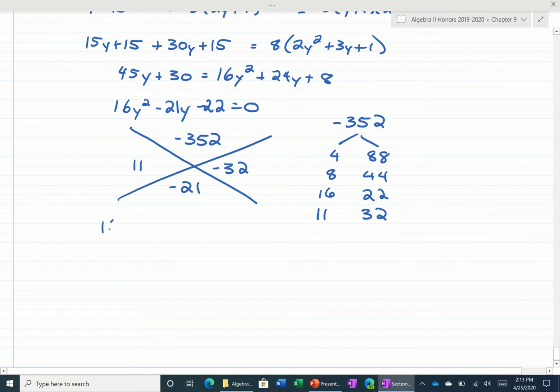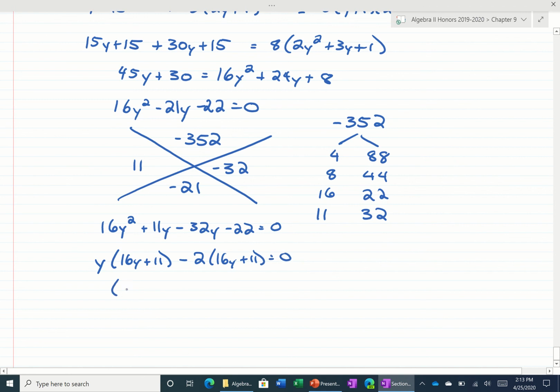Okay, so it's 16y squared plus 11y minus 32y minus 22 is equal to 0. We could take out just a y from the first group. Take out a 2, a negative 2. And when it's all said and done, we get y minus 2 times 16y plus 11 equals 0. So as an equation, we get y is 2, and y would be negative 11 over 16, which is about